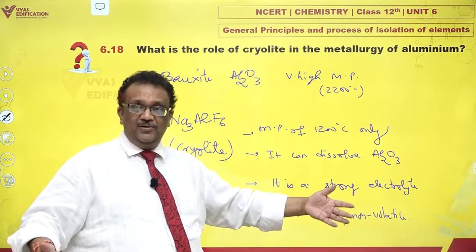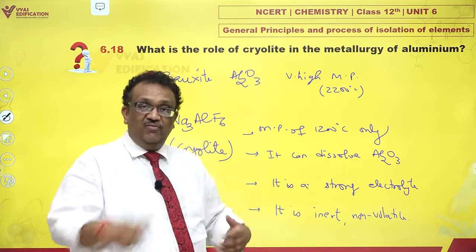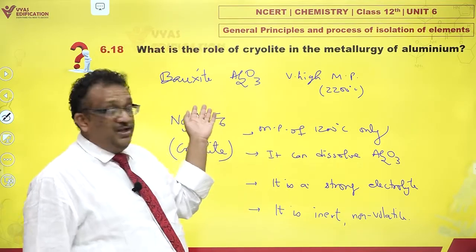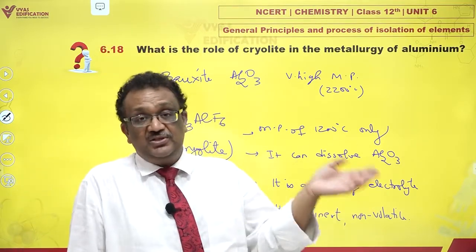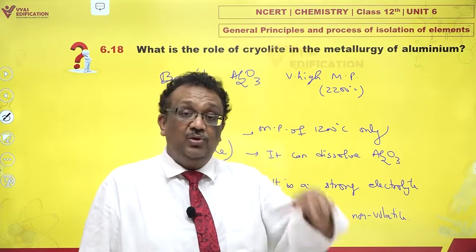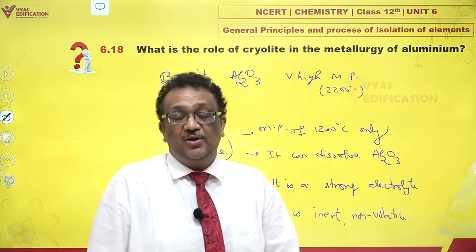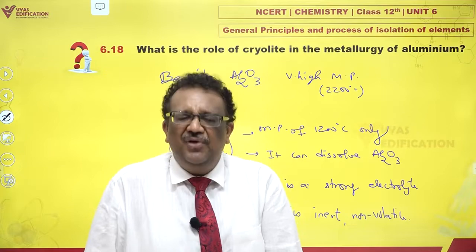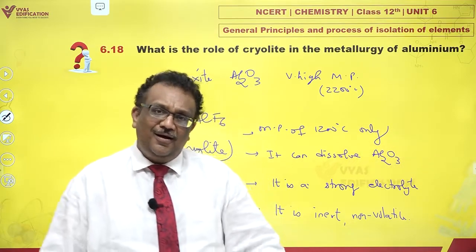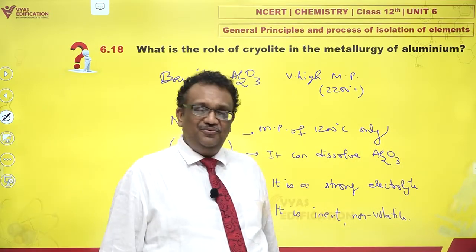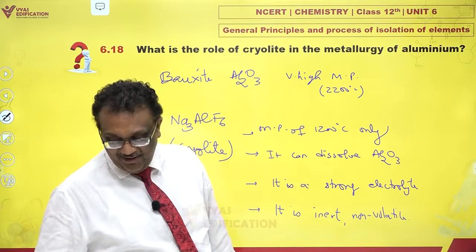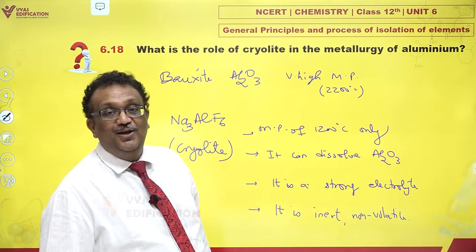You just take some cryolite, melt it, you dissolve alumina, and as a matter of fact, if you dissolve lots of alumina plus fluorspar or CaF2, the melting point can come down to as low as around 900 degrees Celsius, which is very, very convenient. Conduct electrolysis. That is beautiful. That is why cryolite is used very popularly in metallurgy of